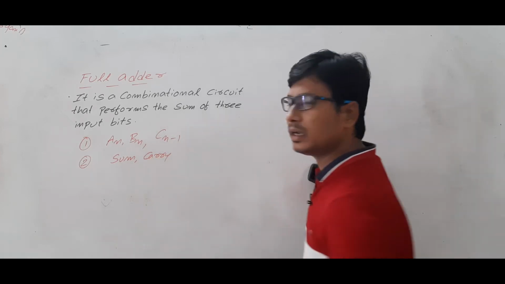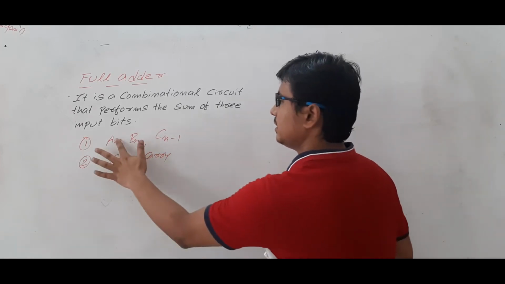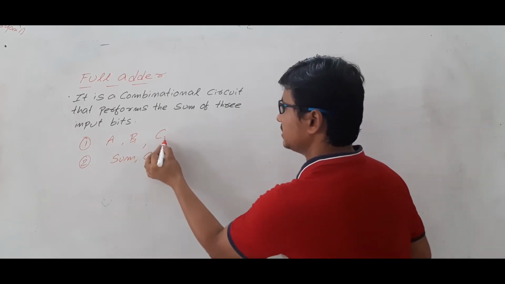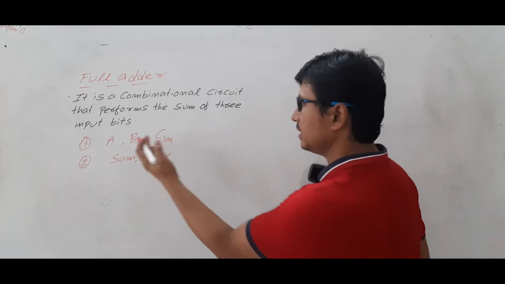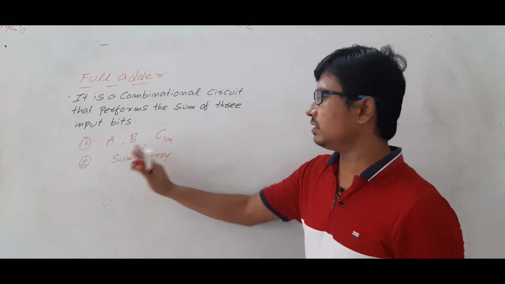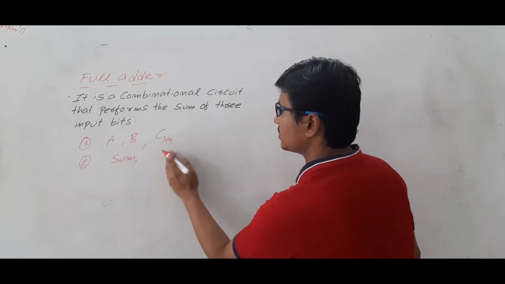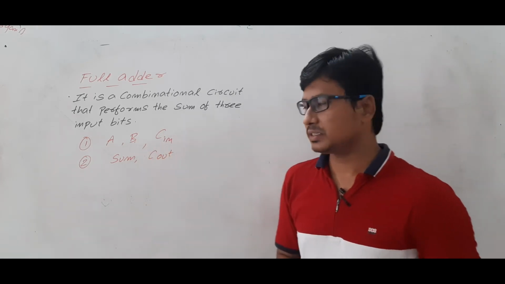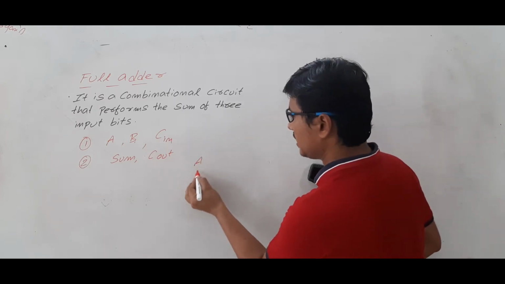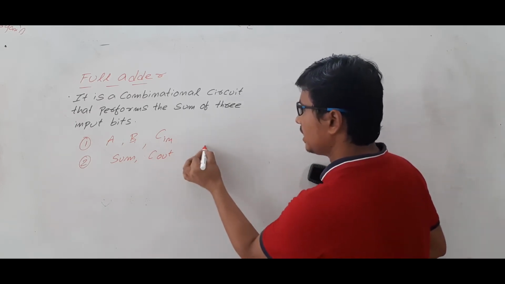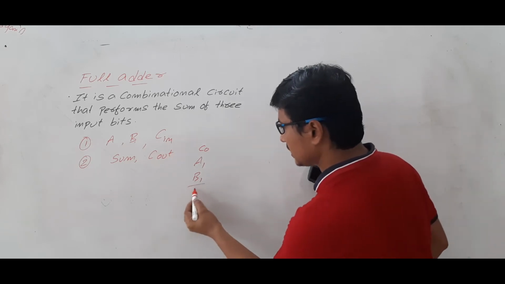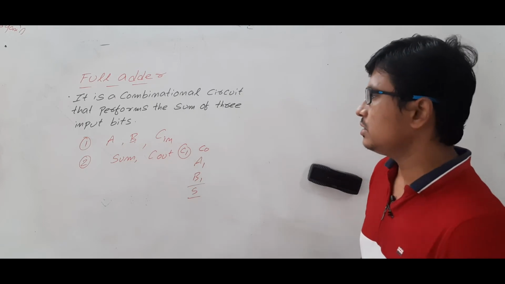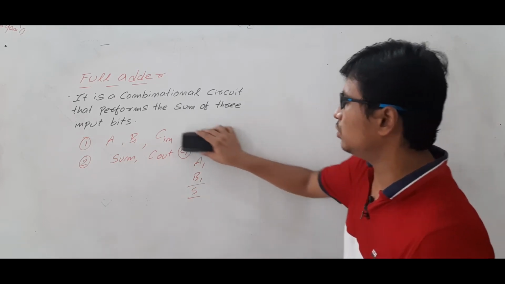Is it clear? Let me write this as A, B, C in, so that for generalization, the carry is coming in as C in, and with A and B, I am getting the sum and the carry out, C out. Let me write it. Are you able to understand? This is the general representation because you are adding A1 and B1 and adding C0. Then you are getting the sum and the C out. I will say this is the C out. So you have three inputs and two outputs.